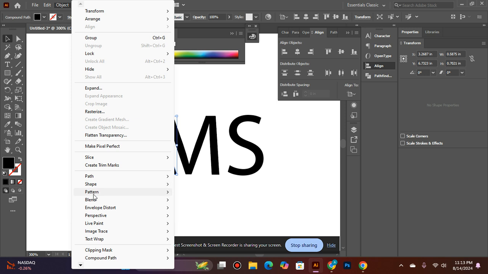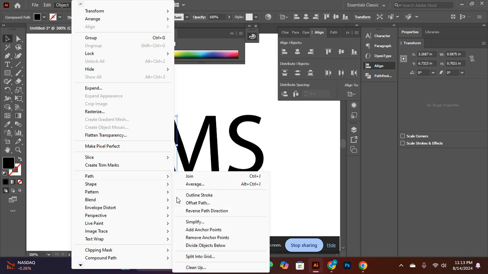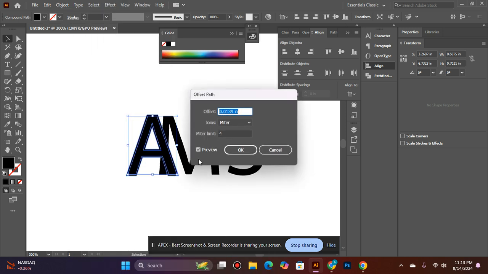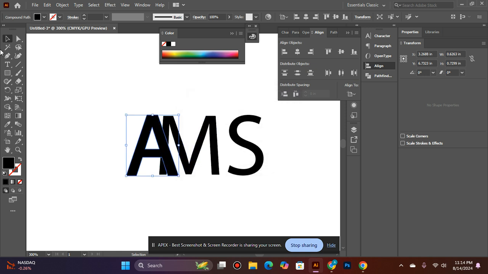Then go to Object, Path, Offset Path, 1 pt. I apply the letter an offset of 1 pt. Okay, and then